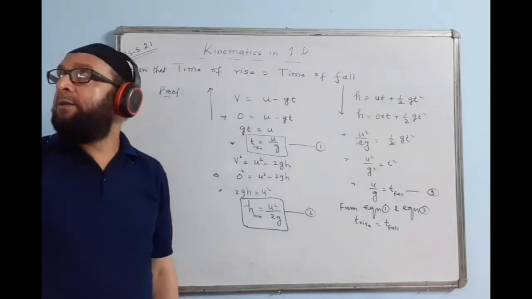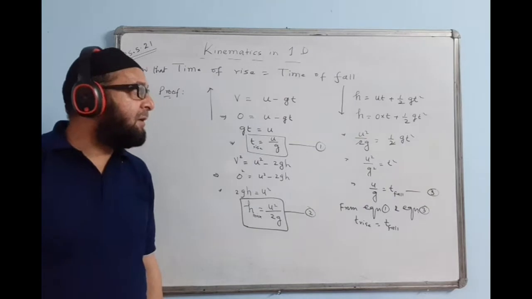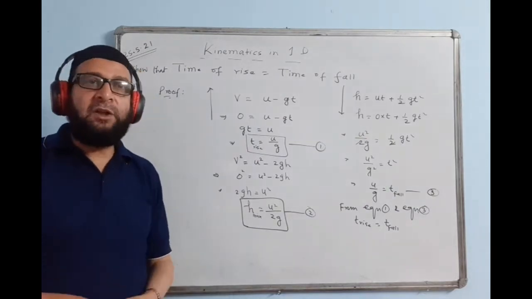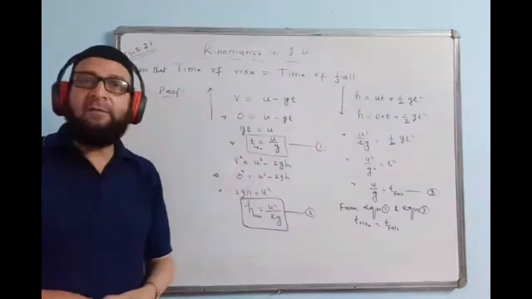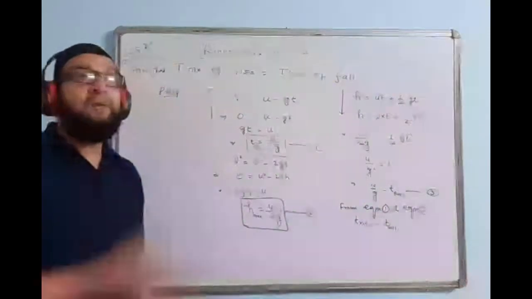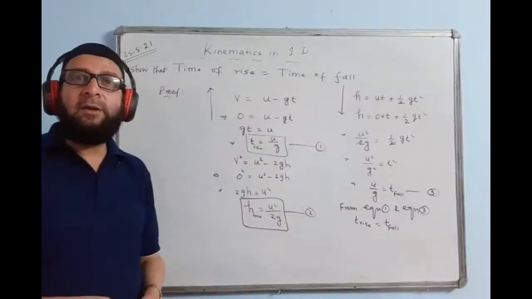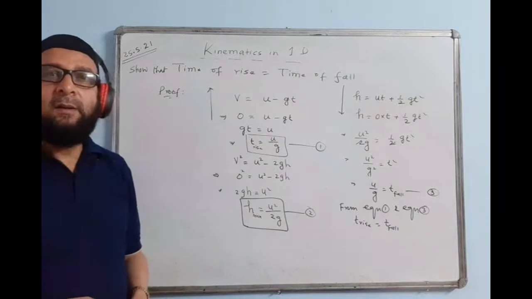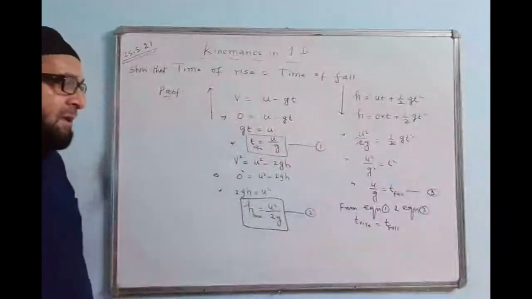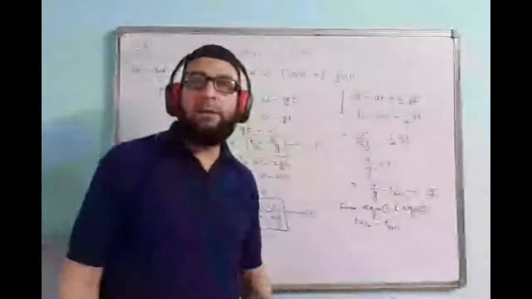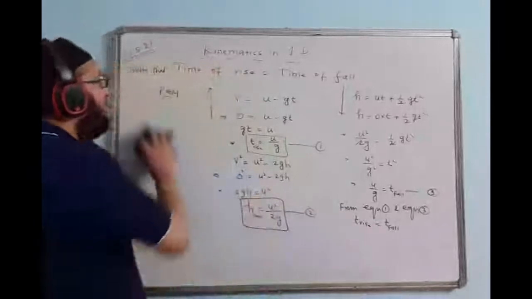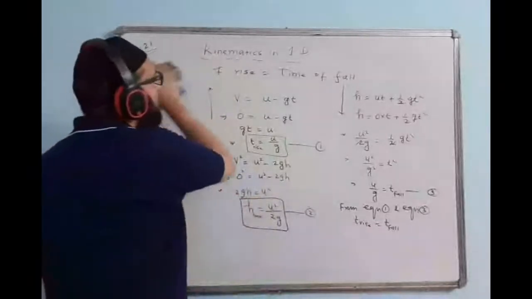But there is one limitation or restriction on this proof: we are not considering the friction or the upthrust. The effect of upthrust is not taken into consideration, because as the body goes up, there will be fluid in the air, or air also gives upthrust. So we are not considering the resistance offered by the air and the upthrust value. So this is the proof. Understood?